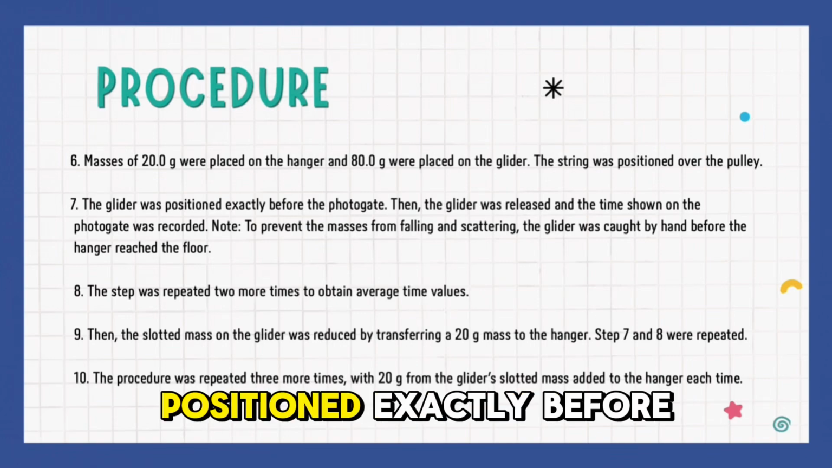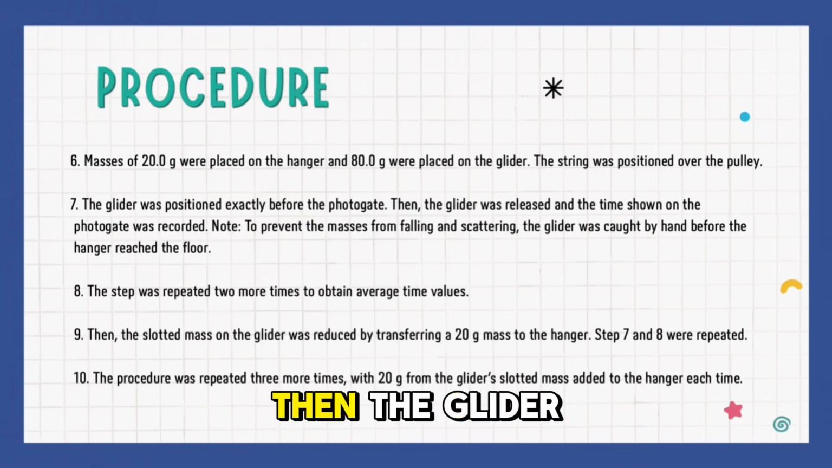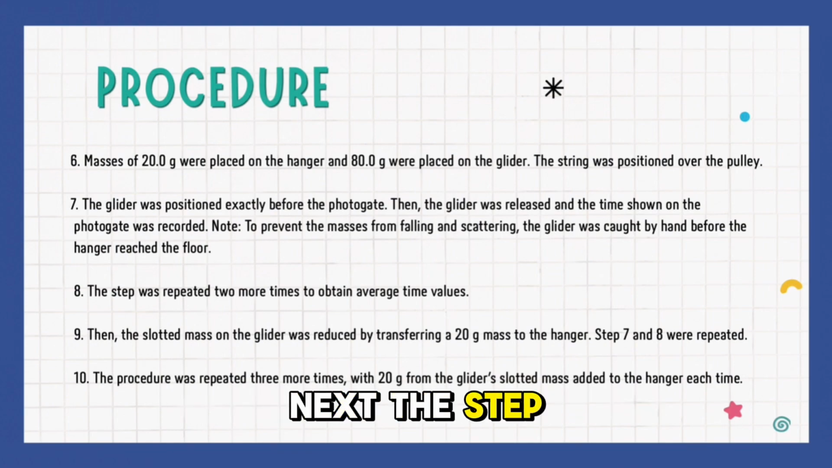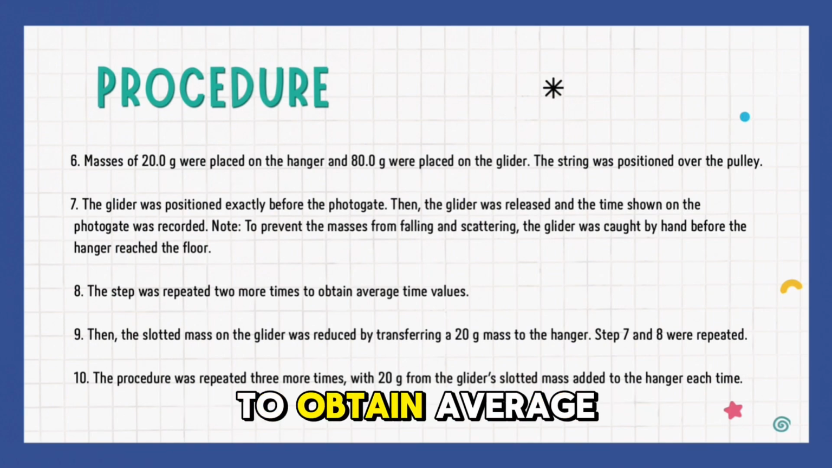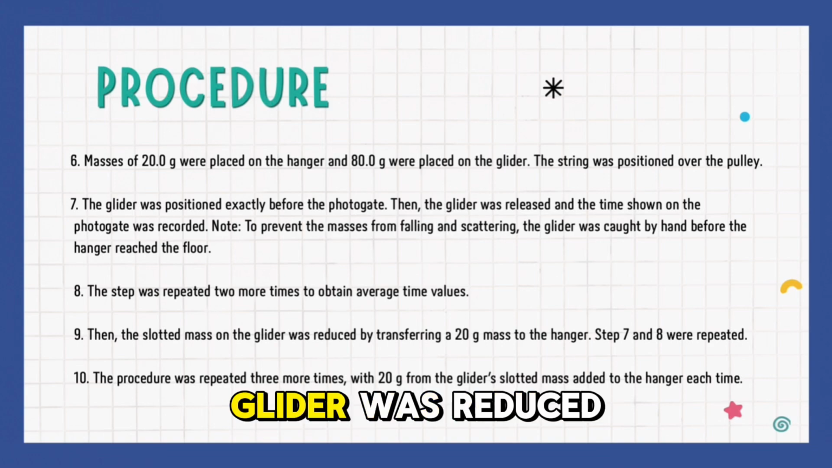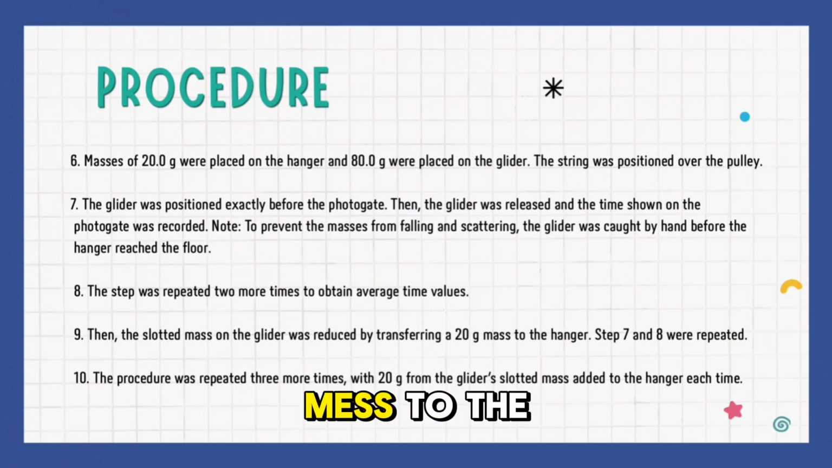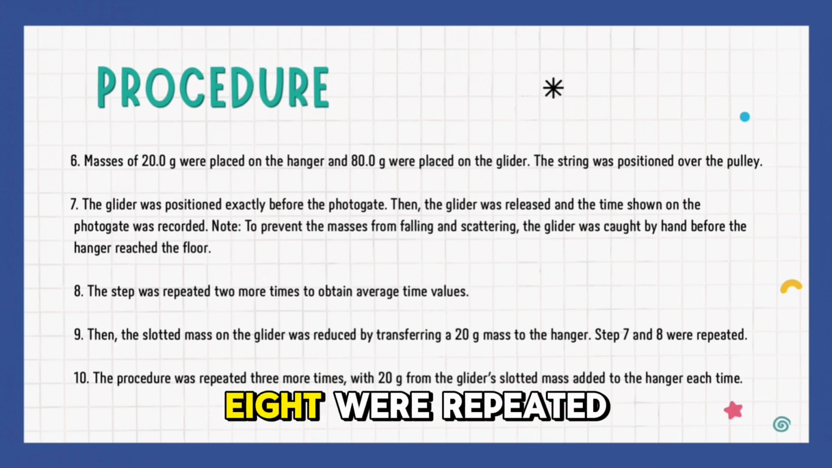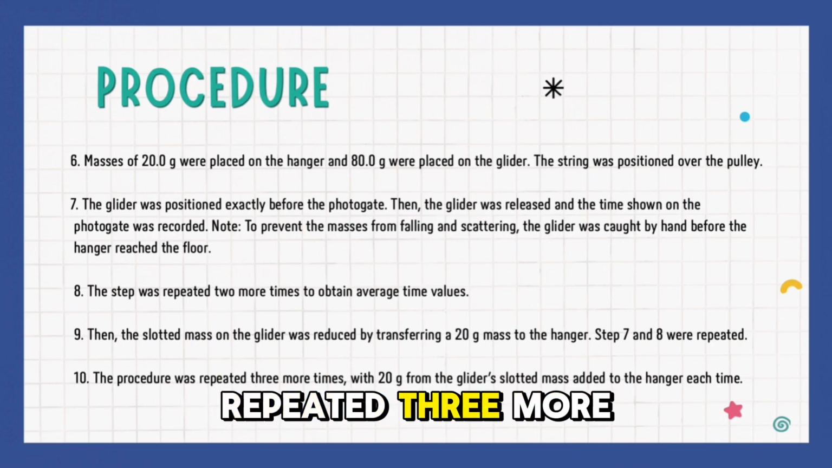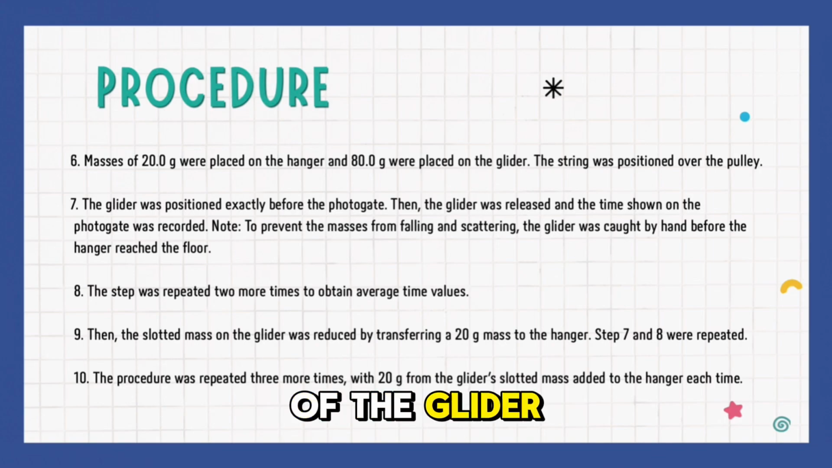Next, the glider was positioned exactly before the photogate. Then the glider was released and the time shown on the photogate was recorded. Next, the step was repeated 2 more times to obtain average time values. Then, the slotted mass on the glider was reduced by transferring a 20 gram mass to the hanger. Steps 7 and 8 were repeated. And the last one is the procedure was repeated 3 more times with 20 grams of the glider slotted mass